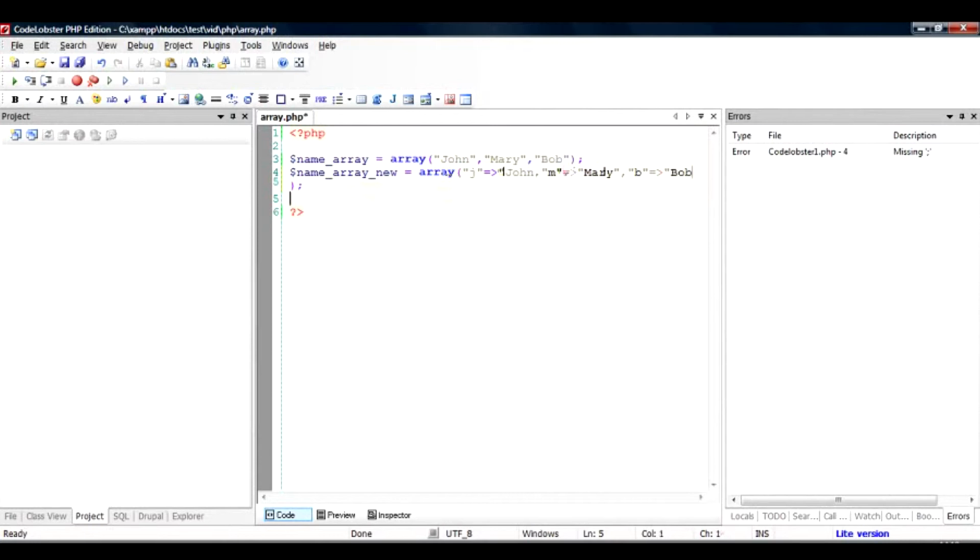So the difference between these two arrays is that the first one has the keys 0, 1 and 2, while the second one has keys J, M and B.